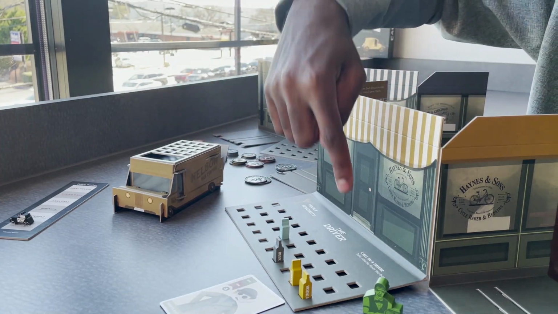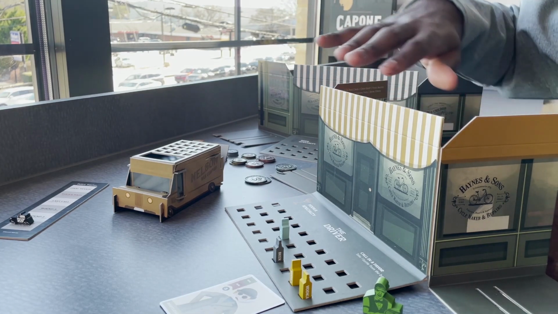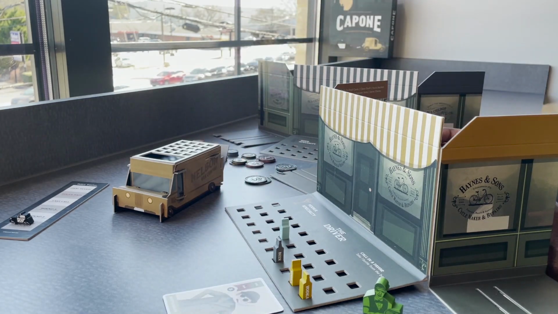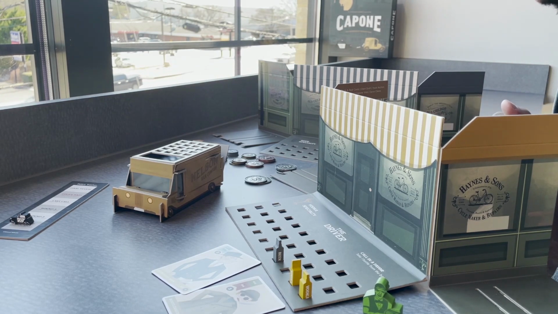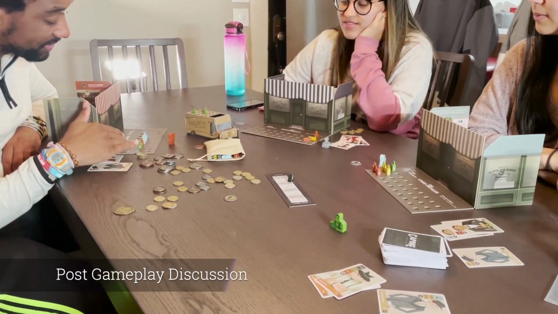a drink. Now additionally, each speakeasy has its own specialty. So this one's is vodka. So if I had served this patron a drink with vodka, I would get an additional coin. And once everyone has served all of their clients that they can, that ends the round and you do it all over again. Like the different colored bottles, so you didn't necessarily have to read what you had, you just